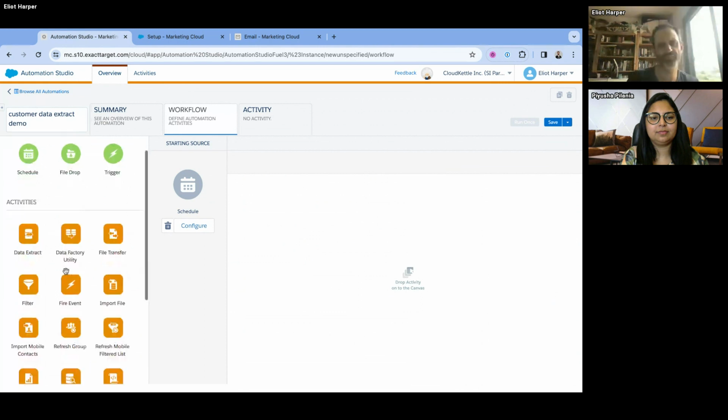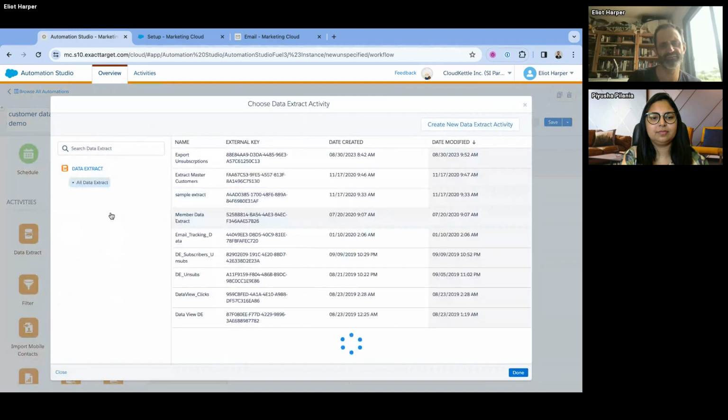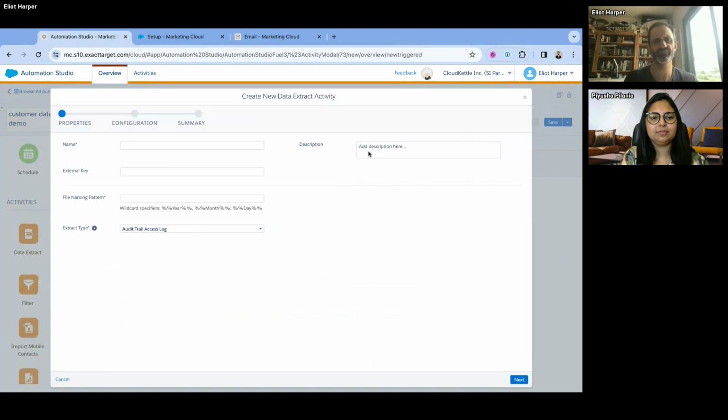And so we'll run a data extract activity. In fact, we'll probably use a couple of different data extract activities. We're going to create a new one. In fact, let me just, because the other one is in our other business unit, let me go and create a